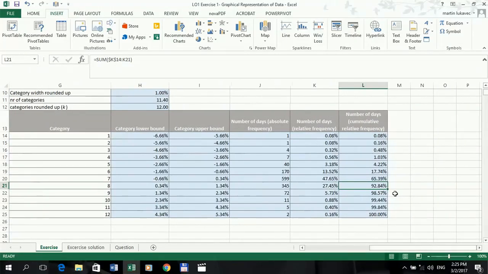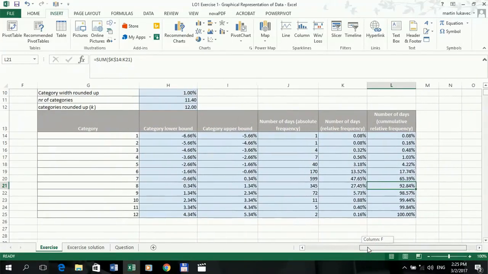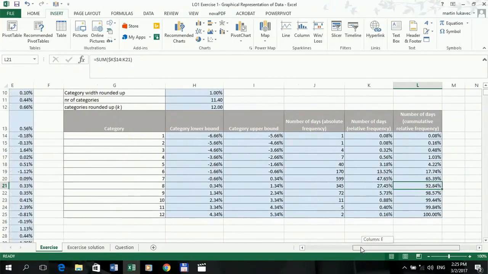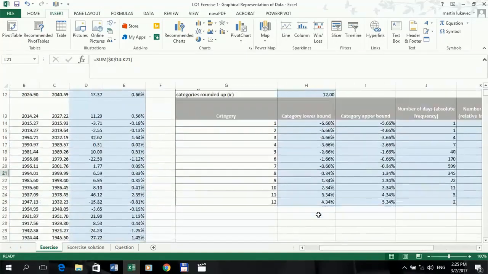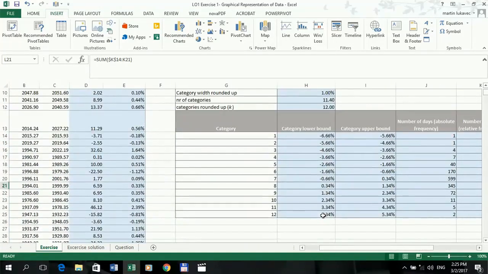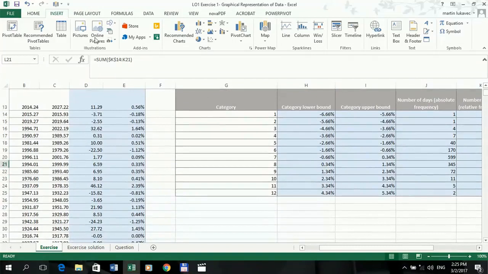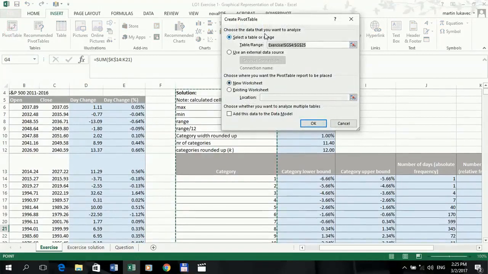Of course, you could see how incredibly laborious this actually is, and Excel, of course, offers a much easier way. So I'll show you quickly how to do it. You can use something called pivot tables, which if you're not familiar with them, I really recommend doing some research and learning how to use them a little bit because they save a lot of time. To use them, all you have to do is press pivot table, then you have to choose